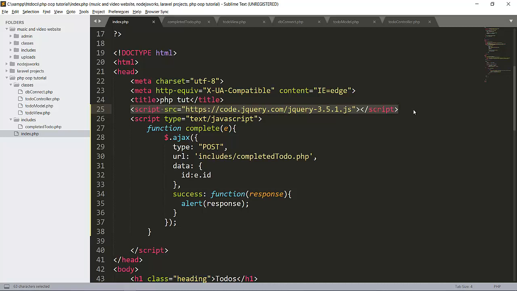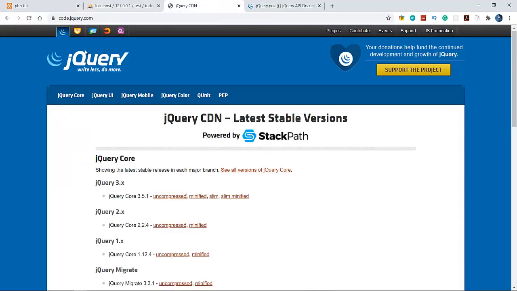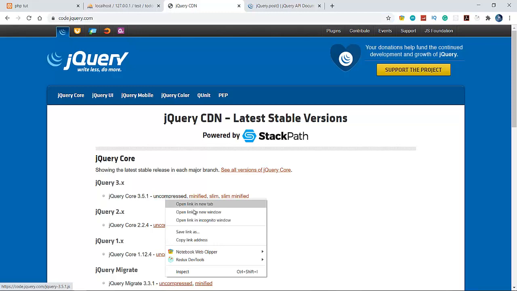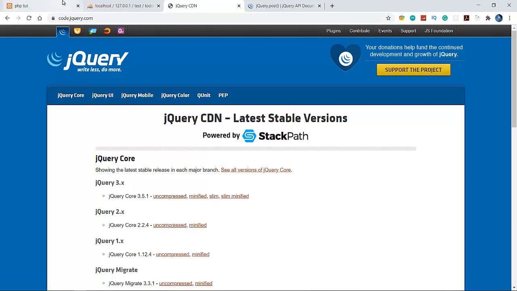I will tell you in upcoming videos how to do it with pure JavaScript also, using XML HTTP request. Here is jQuery, which you will get from code.jquery.com CDN. Simply right click here, copy link address and paste it here.